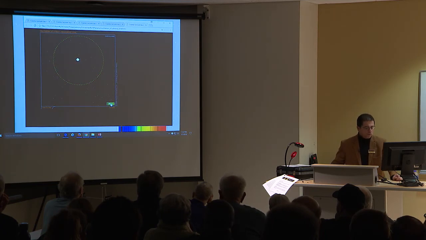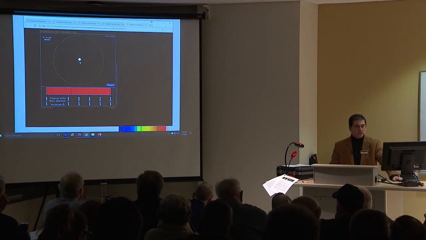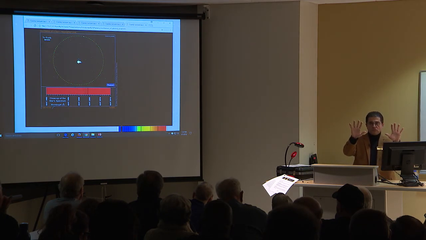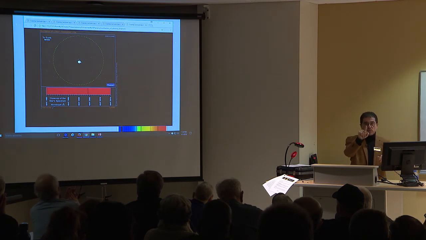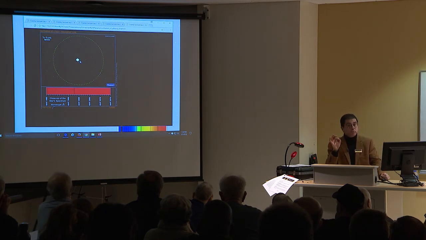Now watch closely. What you're going to see is something that would occur over time. It's not really going to happen quite this quickly. But if the Earth now is over on the left and the star is moving as we saw a minute ago, notice how the spectral line is going to change its position. So this is called the Doppler shift. In other words, the light from the star is very slightly shifted towards the red and towards the blue, as it moves away from Earth and towards Earth. So this is a very effective and a very precise way to measure the motion of the